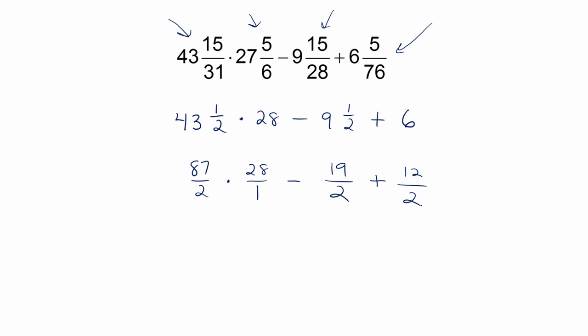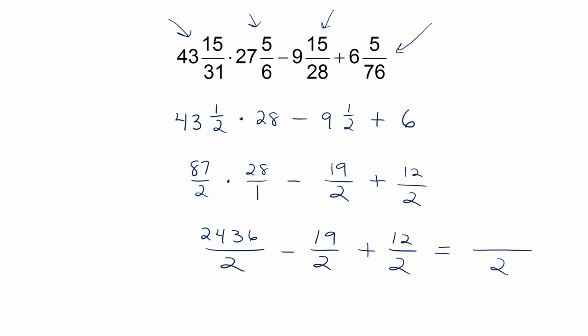87 over 2 times 28 over 1 is 2,436 over 2, minus 19 over 2 plus 12 over 2. So here all of our fractions have the same denominator, so we'll keep that denominator of 2, and then from left to right we'll take 2,436 minus 19 plus 12, and that gives us